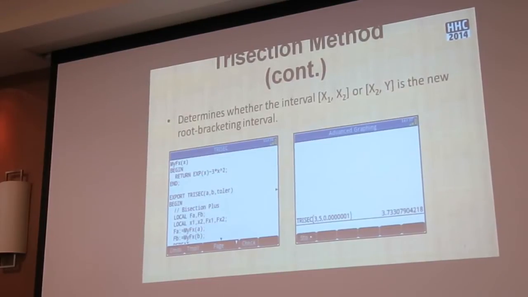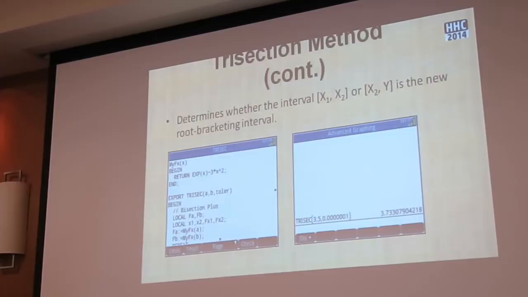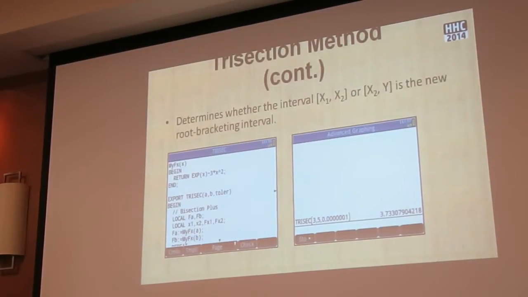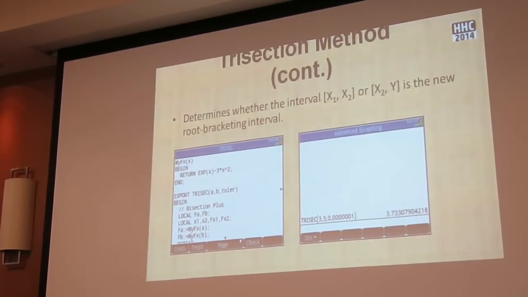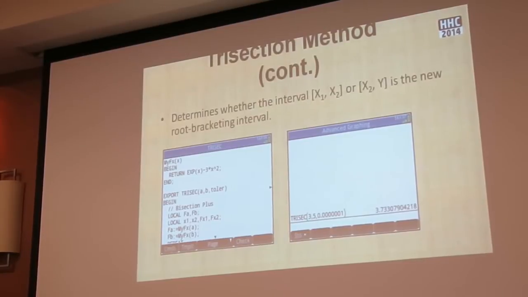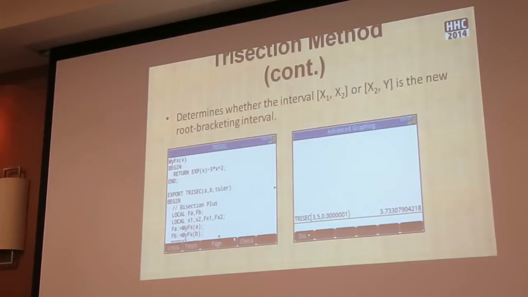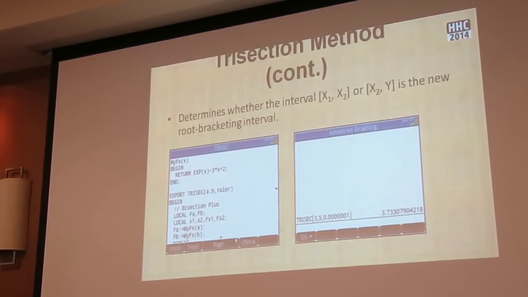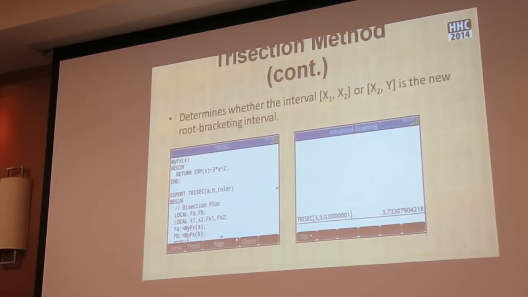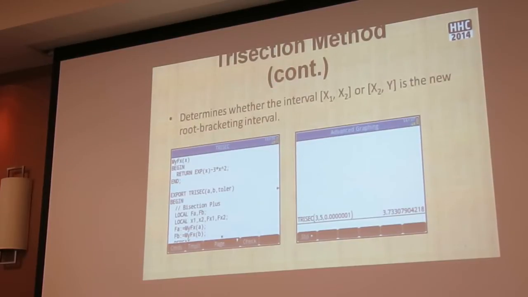And it becomes a simple matter of asking from the signs of the function values whether x1, x2 is the new interval, or x2, y, meaning the other endpoint. And that's what each iteration does until, of course, the interval a and b shrinks to within the tolerance, hugging the root we're seeking. And here's a simple HP Prime program with my favorite function e to the x, and